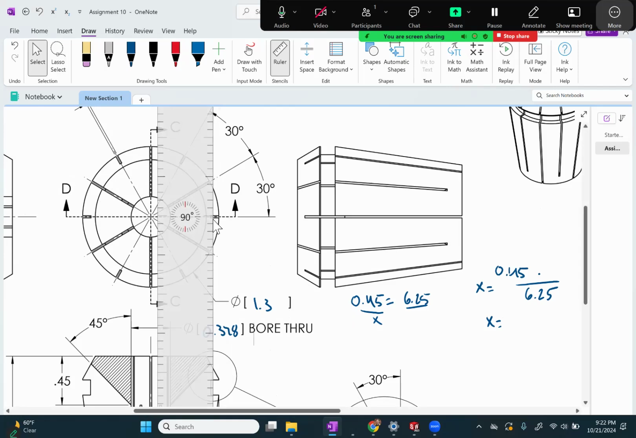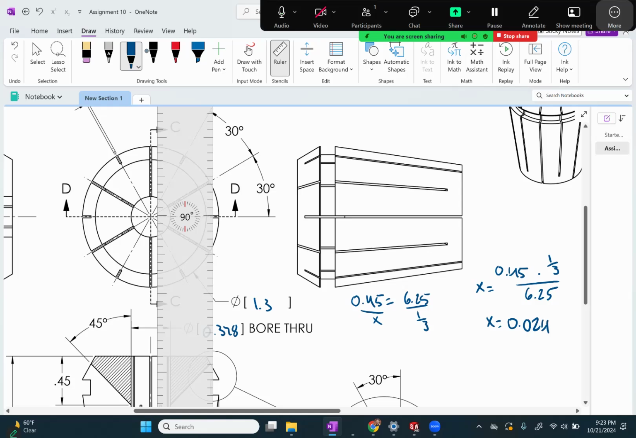So this measures to be, oh, it's very tiny. I would say about a third. So let's actually use a third as a fraction, to try to confuse you guys a little bit. 0.45 times 1/3 divided by 6.25. X is